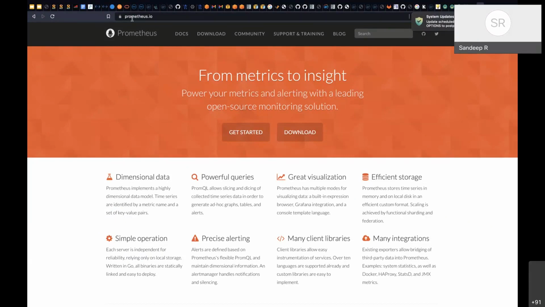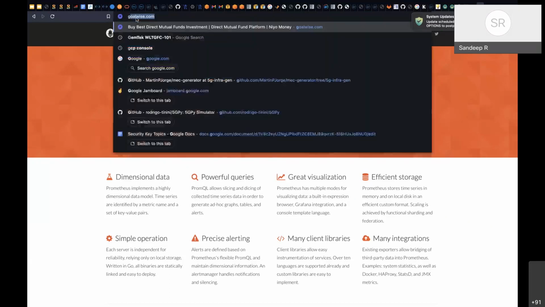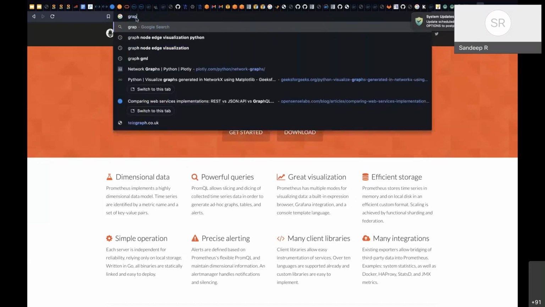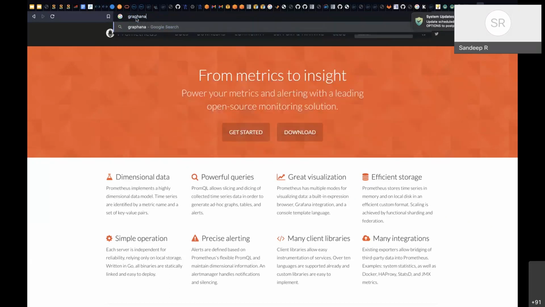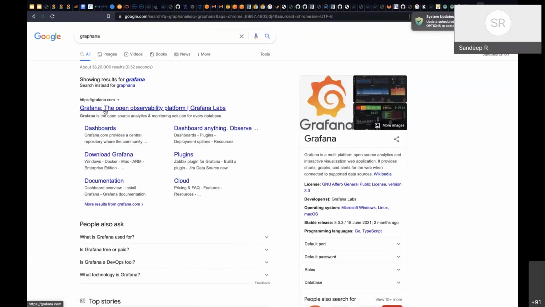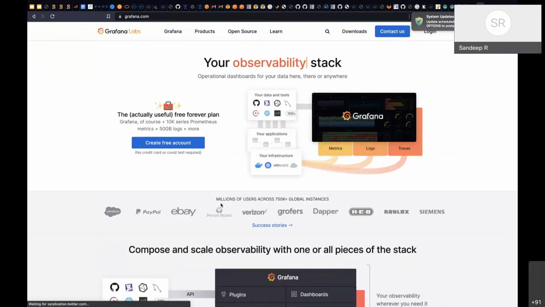There's another thing called Grafana. Grafana is an observability platform. This is actually very good. Next time when you do any networking projects, ensure you have Grafana integrated into your solution, so that you get the dashboard and the visibility of it.